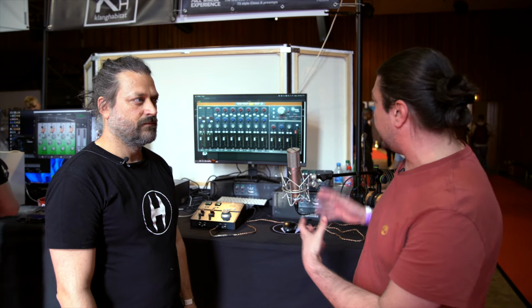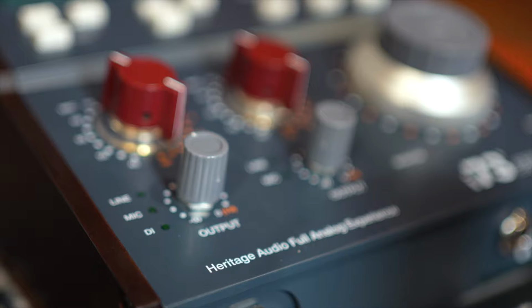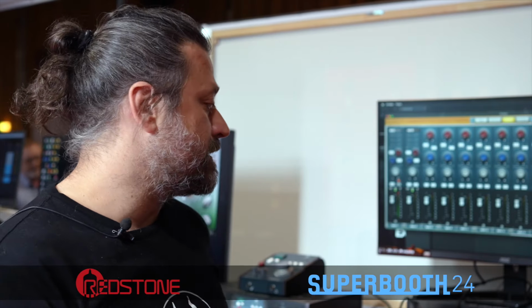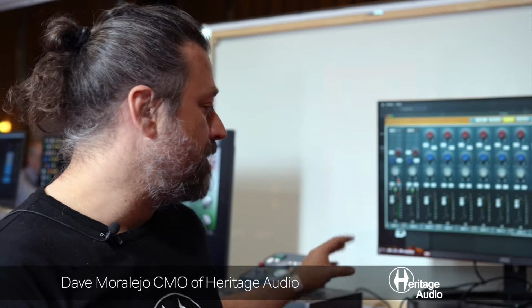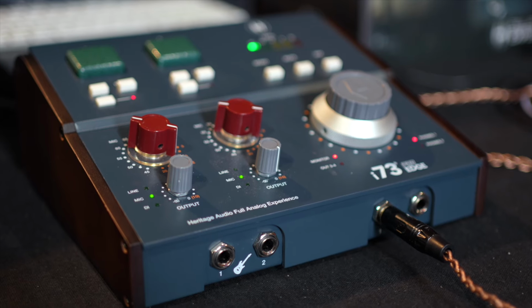Today we are on day one of the Superbooth 2024 and we stopped by the Pro Audio environment. We are together with Heritage Audio. So what do we have on the table today? We're presenting our first ever line of audio interfaces. They are interfaces that have the 73 style preamps built in, DSP powered plugins, and then the monitoring part of